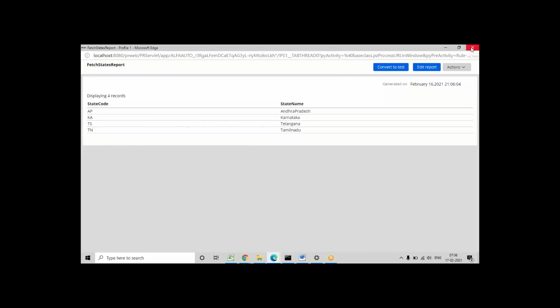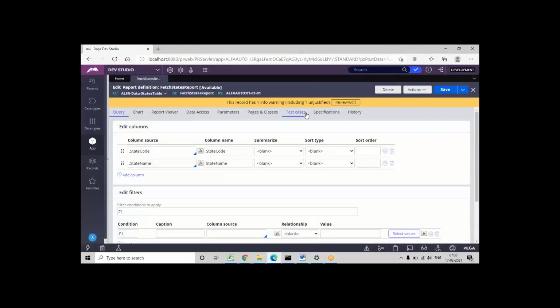So after this fetching and displaying, comparing with the obj browse method, this is best practice because it is easy to design, at the same time easy to map, and easy to create also. Only the column names you have to insert here. And on any execution, we can check the data in the report itself. That's why it is best practice over obj browse. If you only perform fetching, go with this.